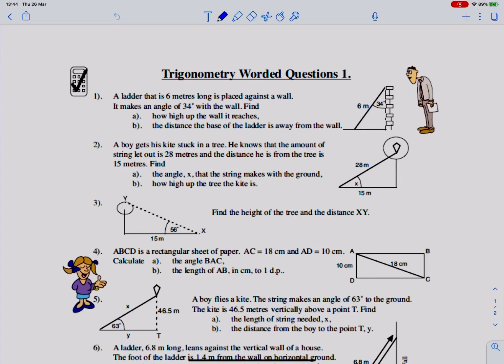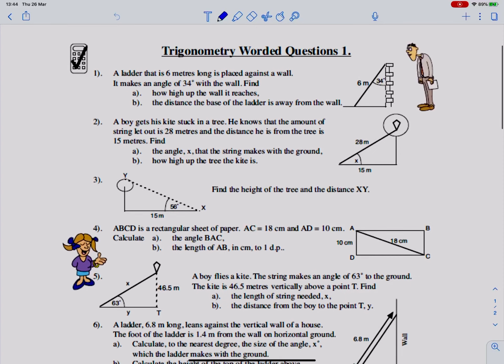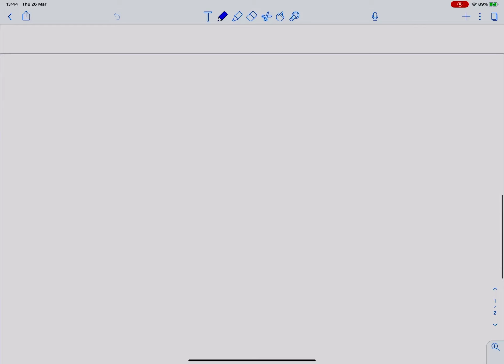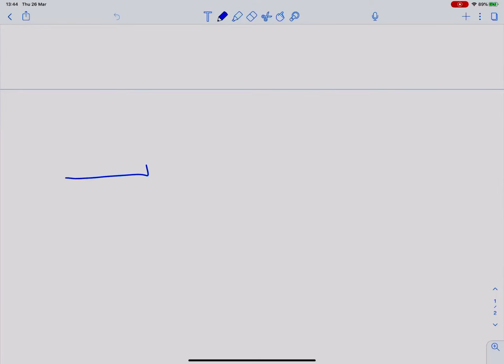So if we look at the first one, we've got a ladder against the wall. This is a really common maths problem with trigonometry, ladders going up against the wall. It asks you how high up the wall this ladder will reach, and how far the base of the ladder is from the wall. So you've basically got this triangle with 6 as the hypotenuse, 34. So if I draw this out further down, this is question 1, where there's a bit of space, you've got the wall, you've got your triangle,